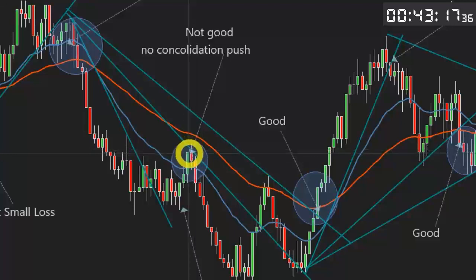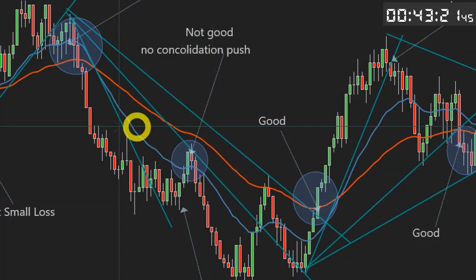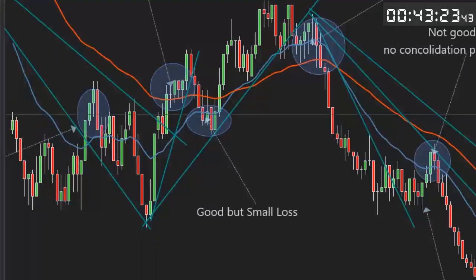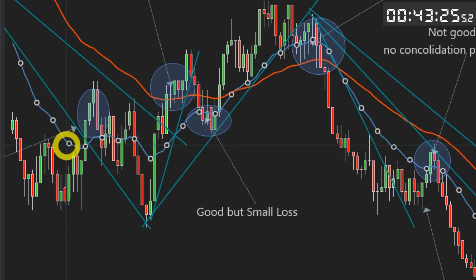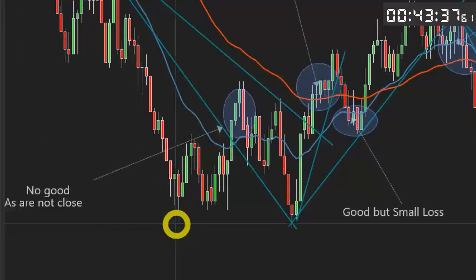It did break one moving average, but look, it just immediately falls. There's no consolidation push above, like we started to have over here when it broke the 20. It broke up, came down, fell under, tried to get over the top of it. Some people might want to go long right there and keep your stop loss tight. So that's why we say no good, because even if it was tried,